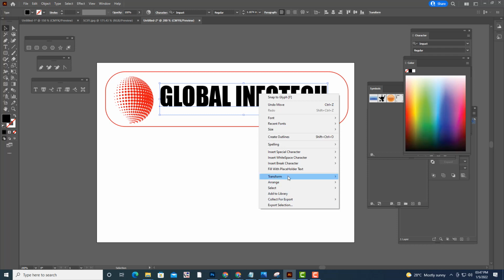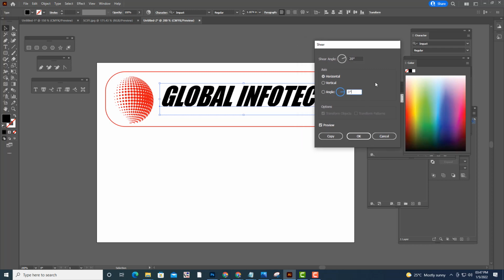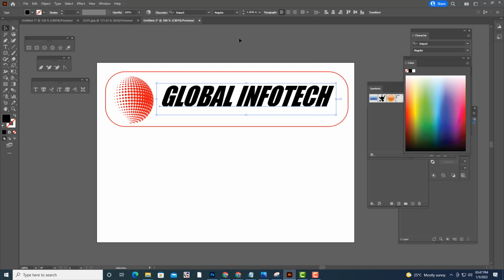Just go to Transform and select Shear, and put a value here. Something like that.